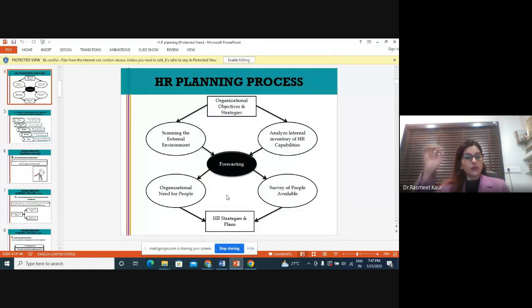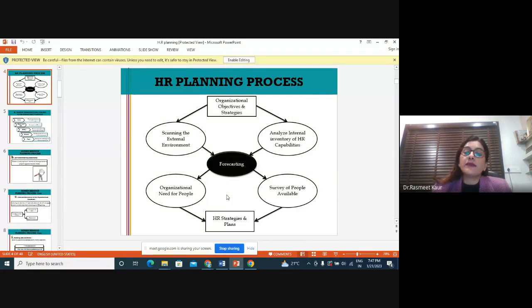Yeah, so I was just talking about that. That's the reason we have mentioned organizational objective and strategies at the top. Then what we do is we do scanning, which is also called HR scanning. Scanning is basically done to understand the external environment. When we do a scanning of the external environment, we come to know, or rather we have more clarity about